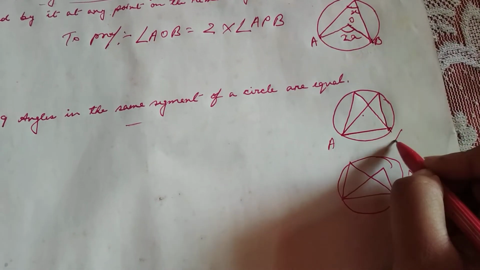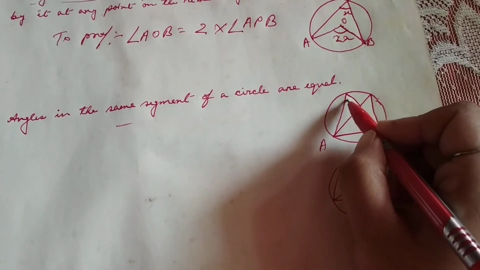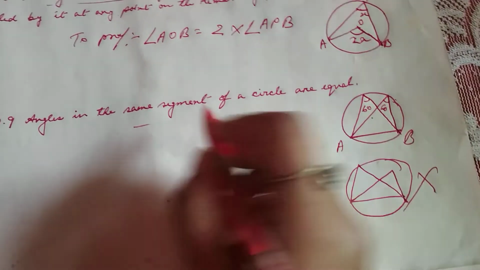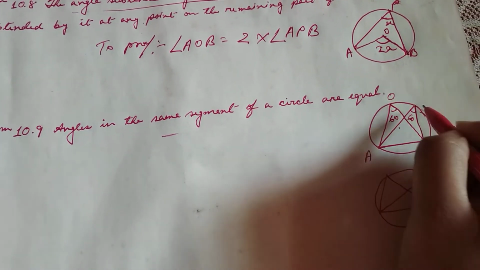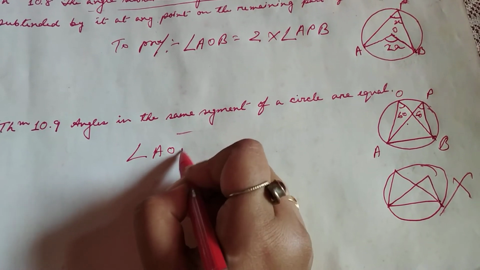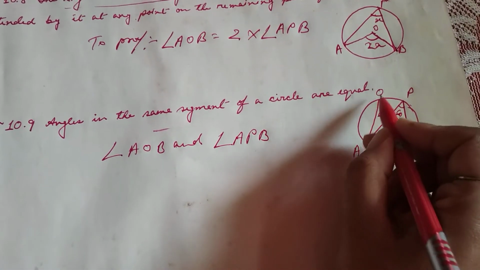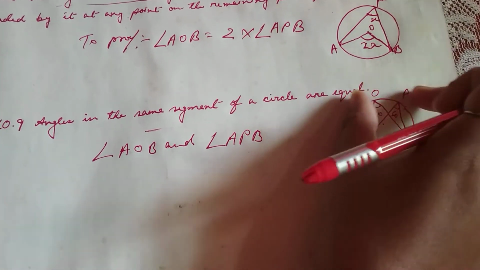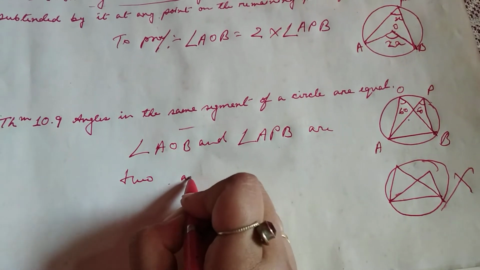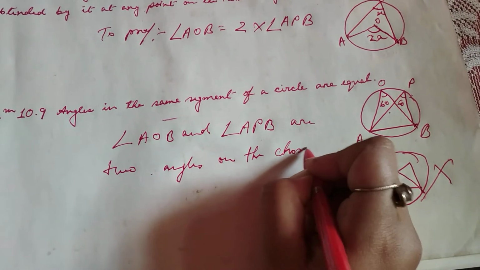Common chord is AB here. AB एक common chord है जो 2 एंगल बना रहा है circumference के 2 points पे. तो ये दोनों एंगल क्या है, हमेशा इक्वल होगा. If this is 60, this will also be 60. By this theorem we can say that angle AOB and angle APB. ओके, O और P को बीच में लिखना ही है क्योंकि O और P एंगल के बारे में बात कर रहे हैं ना. are two angles on the segment, or you can say on the chord AB,